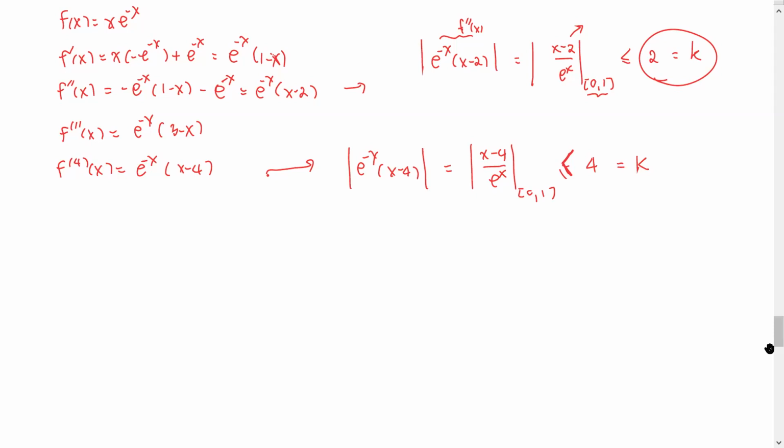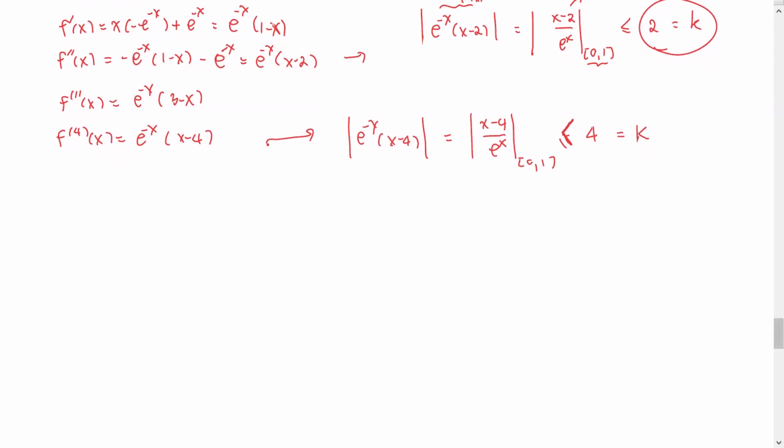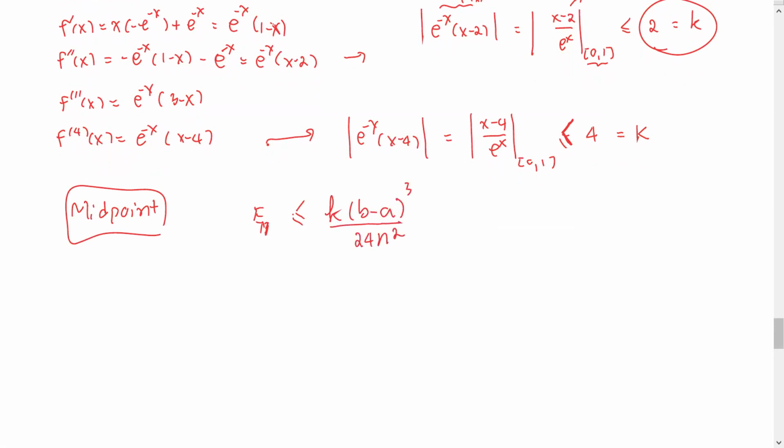Now we're going to use each one, either the lowercase k or the uppercase K, in the formula to approximate the error for each method. The first one, the midpoint: the absolute error, E subscript M, is bounded by, or less than or equal to, using the formula, the lowercase k multiplied by (b minus a) to the power 3 divided by 24 n squared. And we need to find the minimum n, the number of subintervals, that makes the absolute error less than 10 to the negative fifth.